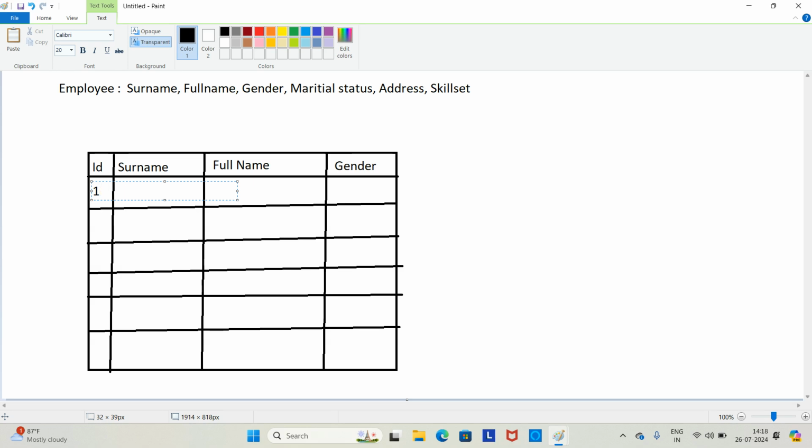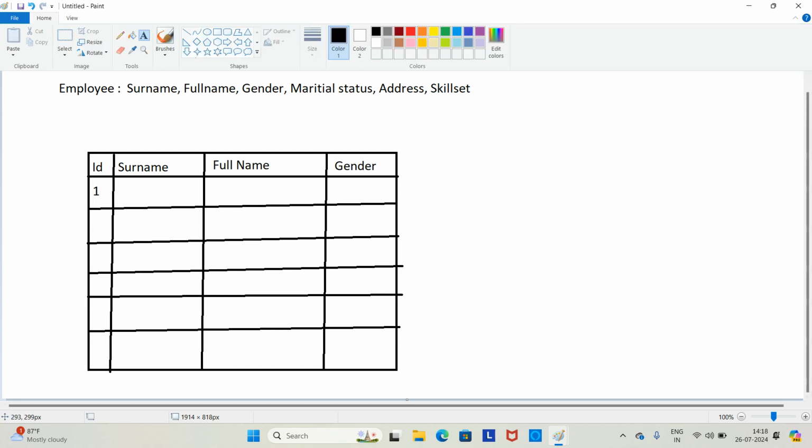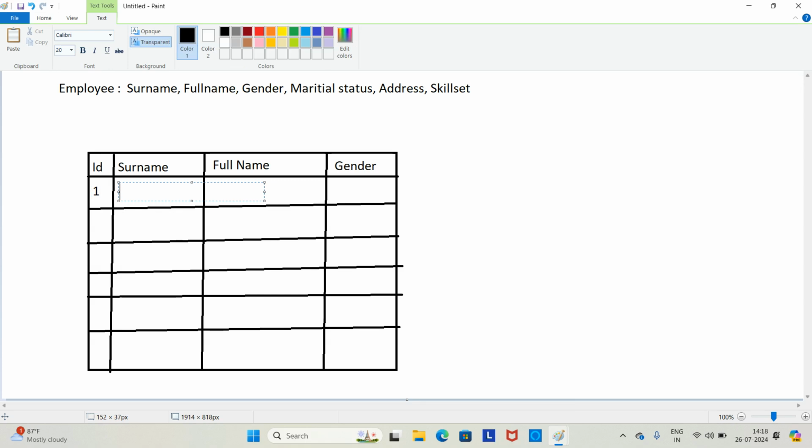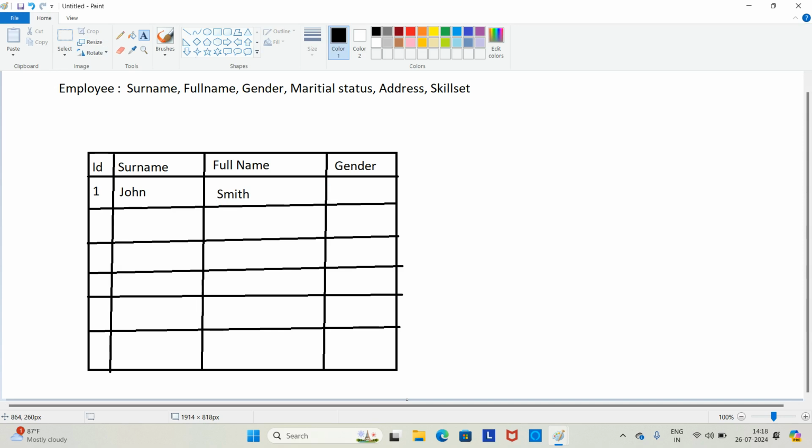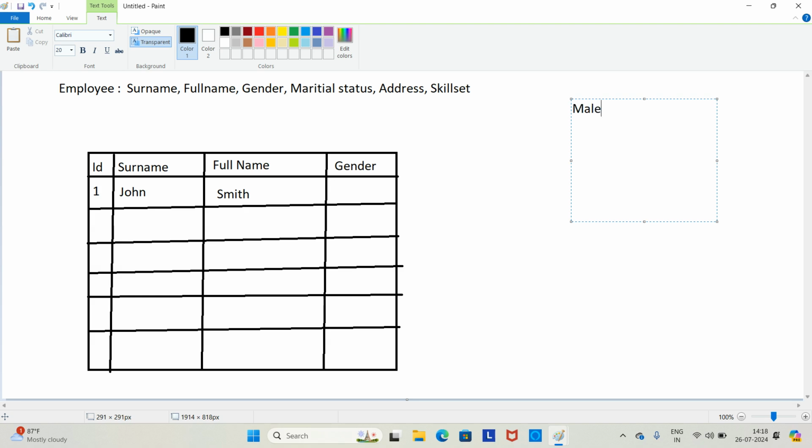So for instance, for simplicity now, I am selecting this as 1. So surname, I am selecting it as John, for example, and full name, I am selecting it as Smith. As we already know, there are 2 types of genders. How many types of genders? 2 types of genders. One is male, one is female. So there are only two types of genders. In all over the world, there is no change for this,